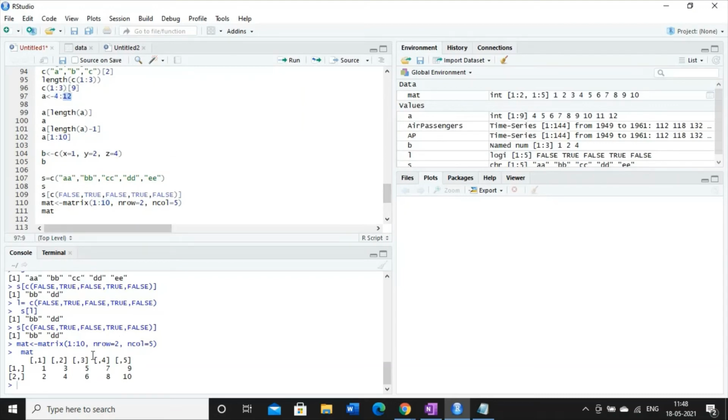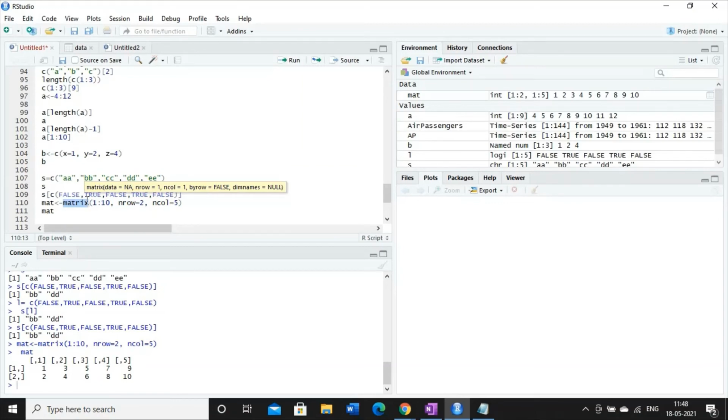So for the matrix function, whatever you write, this is the starting number and this is the end number, 1 to 10. They will be the components of the matrix. And this is the dimension of the row and this is the dimension of the column. So this is how you could create one 2D vector, which is also known as a matrix.